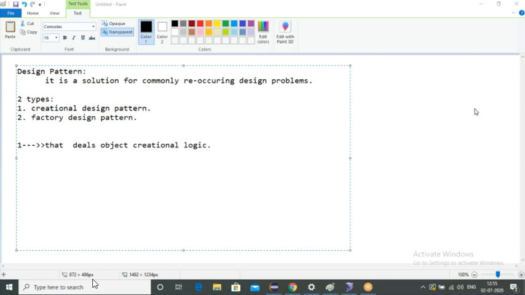Write down below that: creational design patterns are the design patterns that deal with object creation logic.